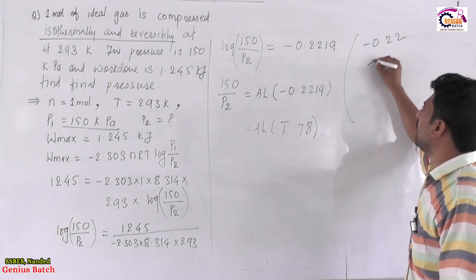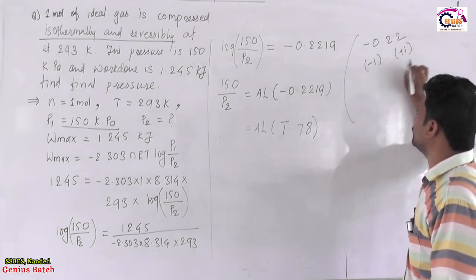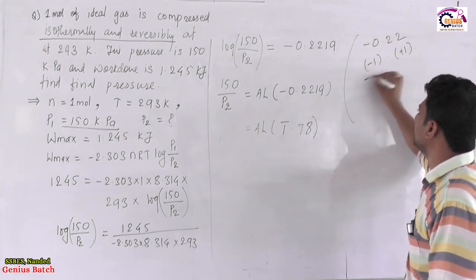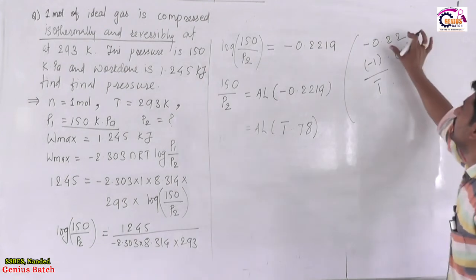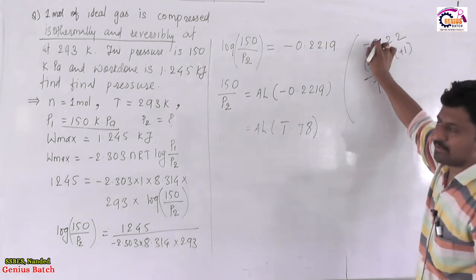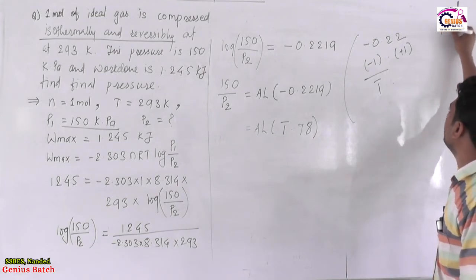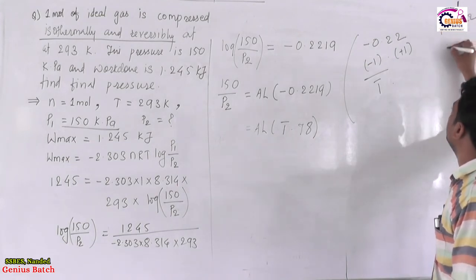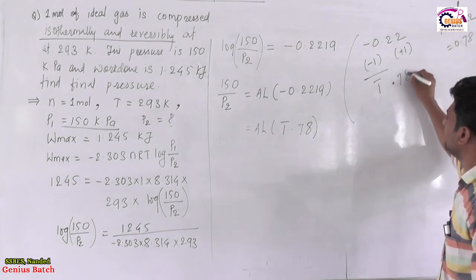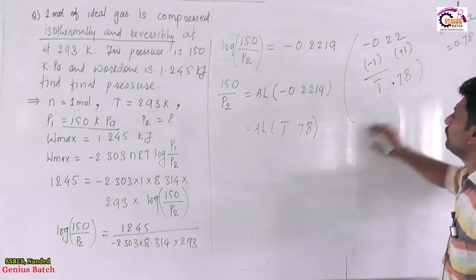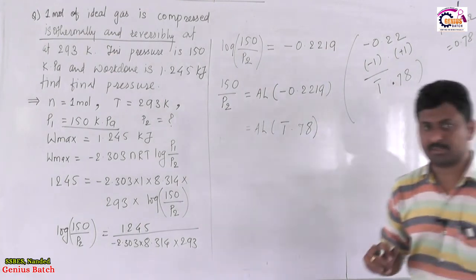-0.22, -1 added to this part, plus 1 added to the next part, -0 -1, so it becomes bar 1, point as it is, plus 1. 0.22 is with negative sign, so 0.22 and plus 1, it is simply 1 minus 0.22, which is 0.78. So point is here and 78 written next to it. So bar 1.78 is the bar form of this digit.